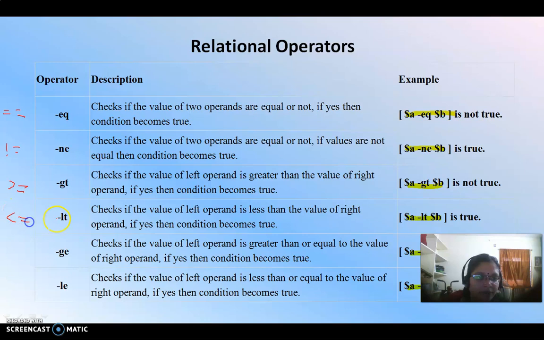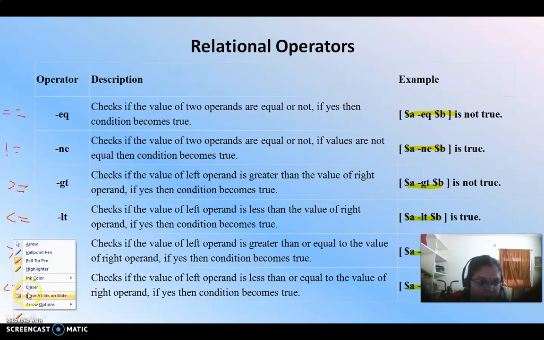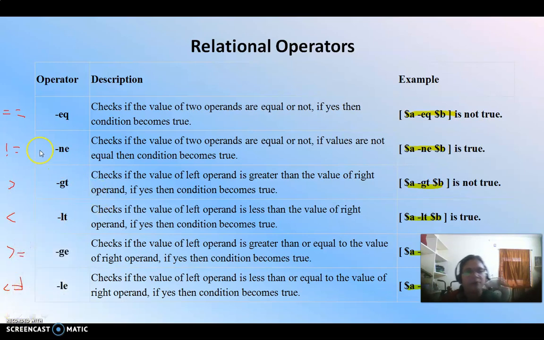Sorry, this is greater than, not greater than equal to. This is greater than equal to, and this is lesser than equal to. Like this, various kinds of operators are also available in the C programming language.